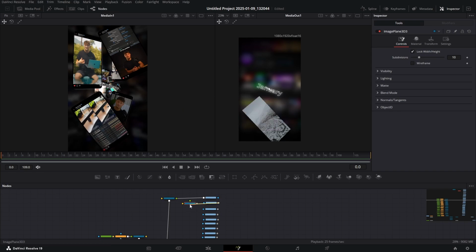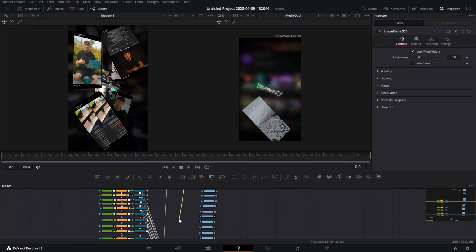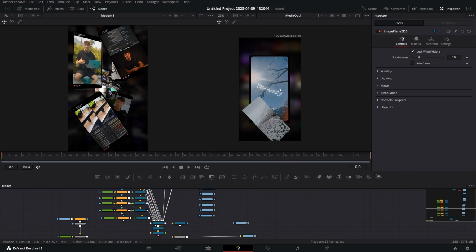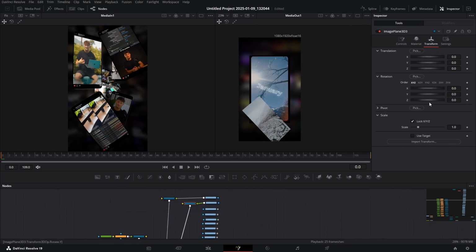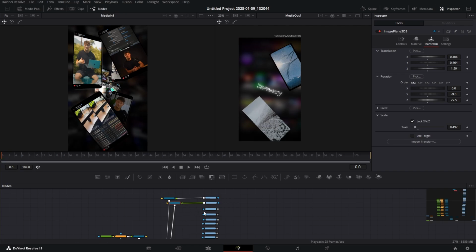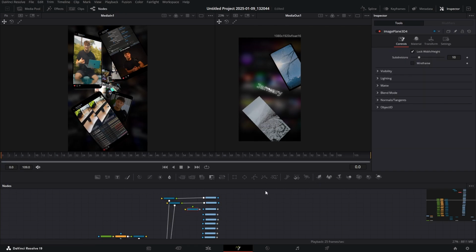So we can do the exact same thing for the next one. Get our image plane in and then just connect it to our merge 3D. Now that we have our second clip, we can go to its image plane and go to our transform and put it somewhere right here. So let's get our Z a bit out. Let's scale it down, rotate it to somewhere around here, maybe rotate a bit on the y-axis and just set it up exactly as he had. So right here,